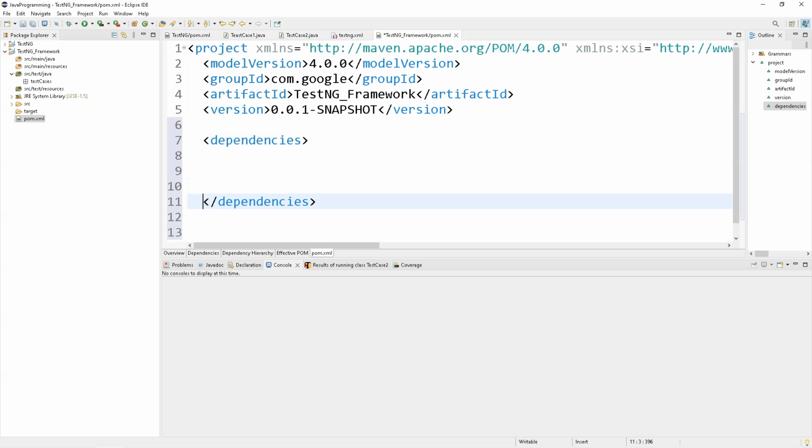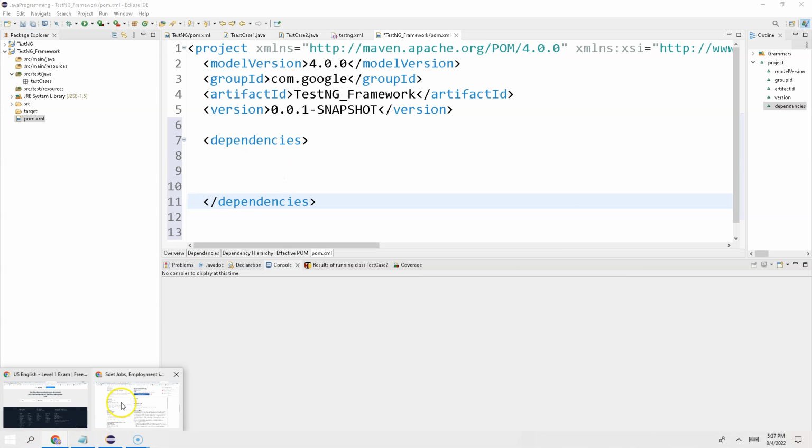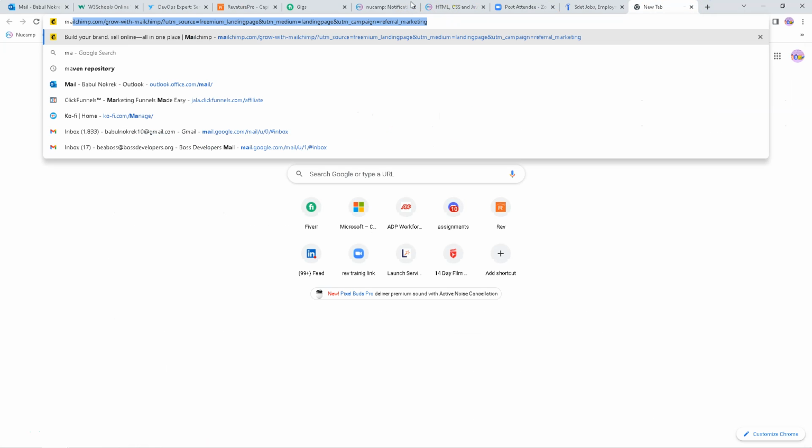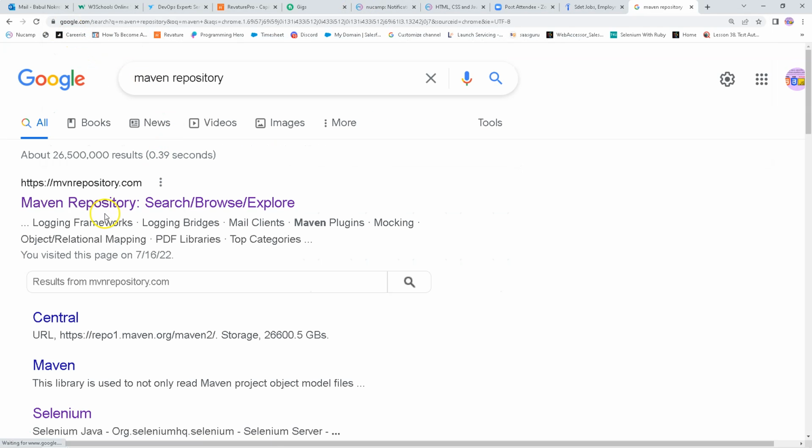Okay, and inside the dependencies we can just copy and paste all the dependencies we collect from Maven repositories. Maven repository, go to the Maven repository,